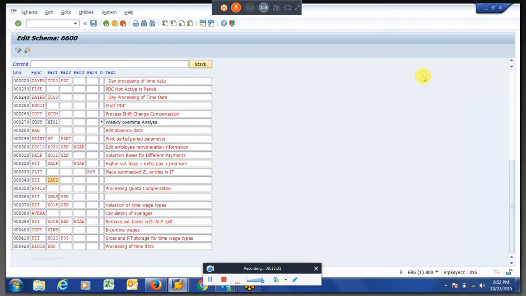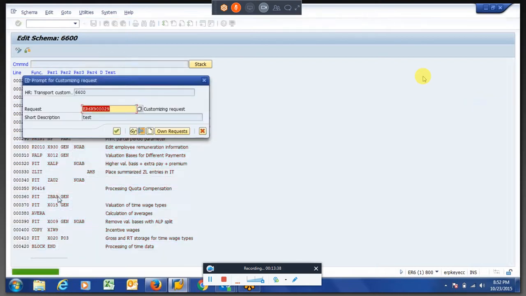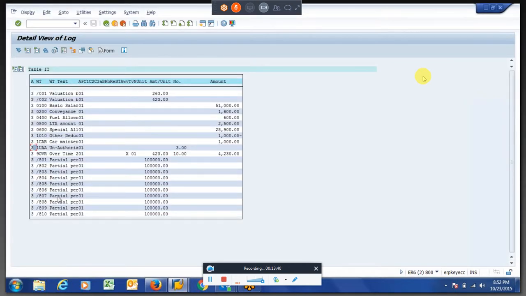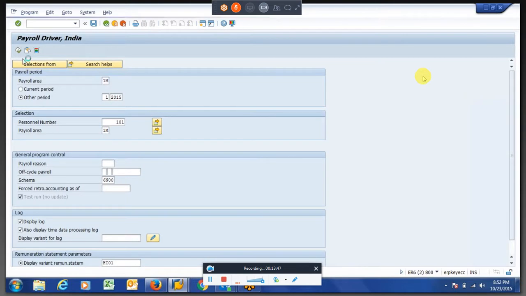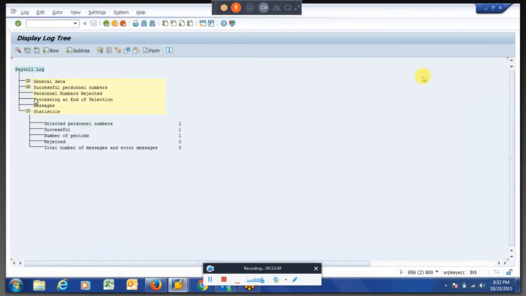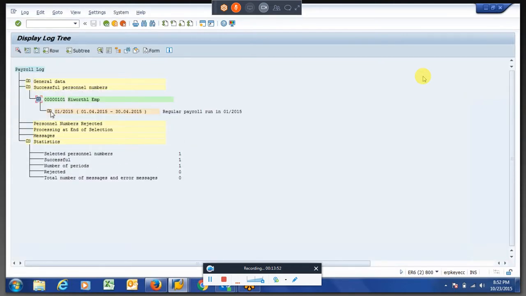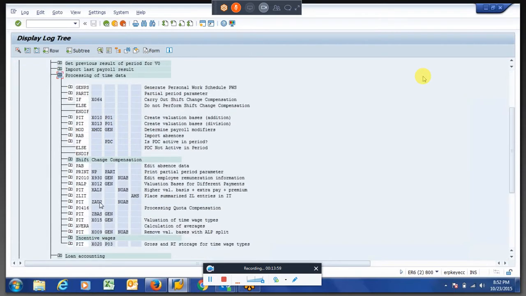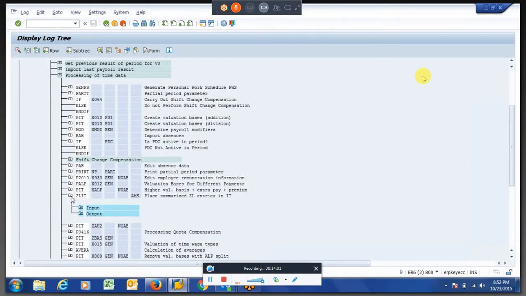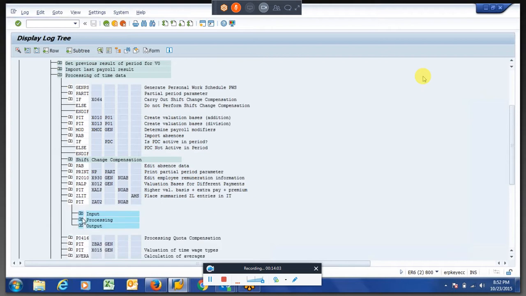I think it's ZAU2, and then with a no. Let us see how this will work first. Process time data.